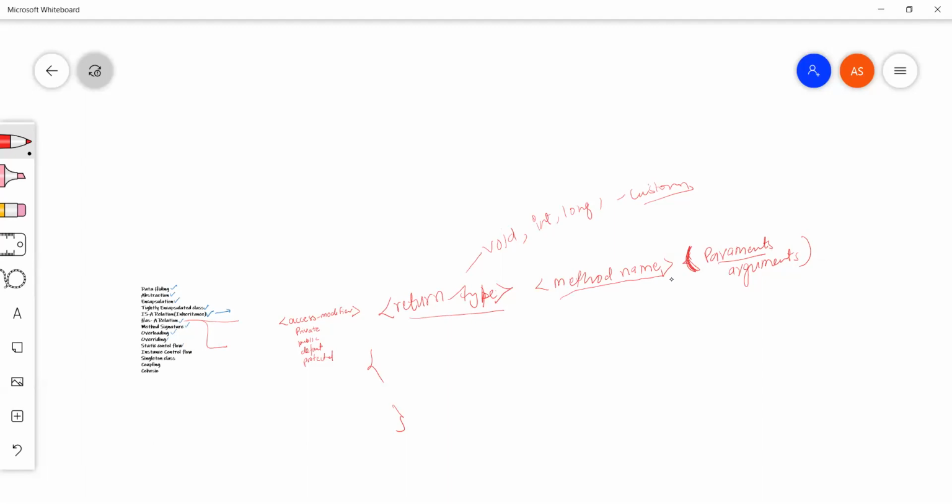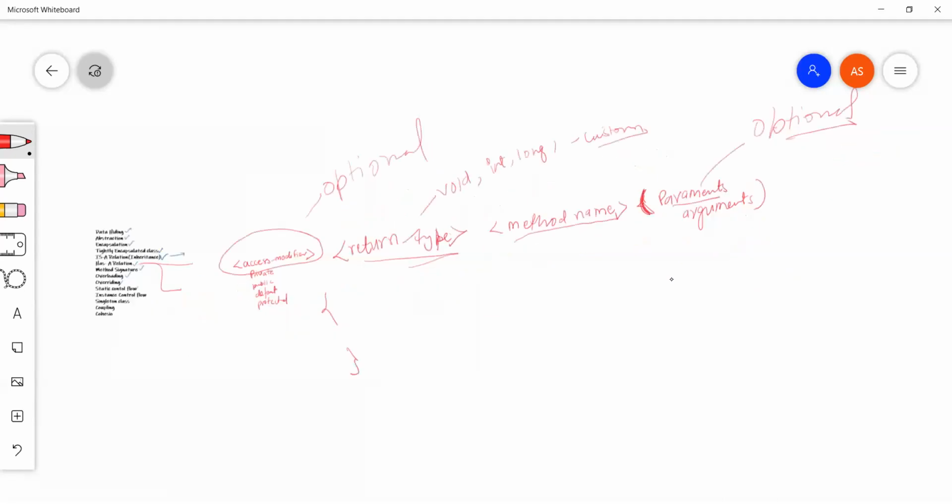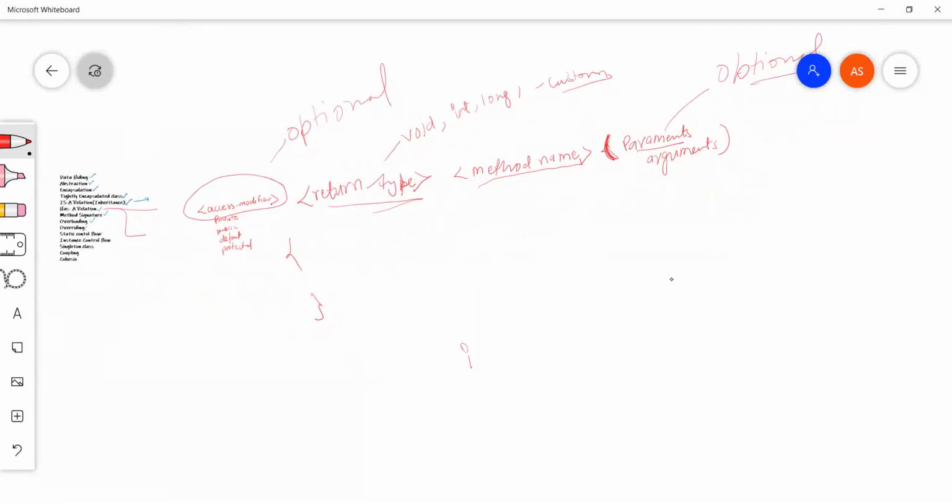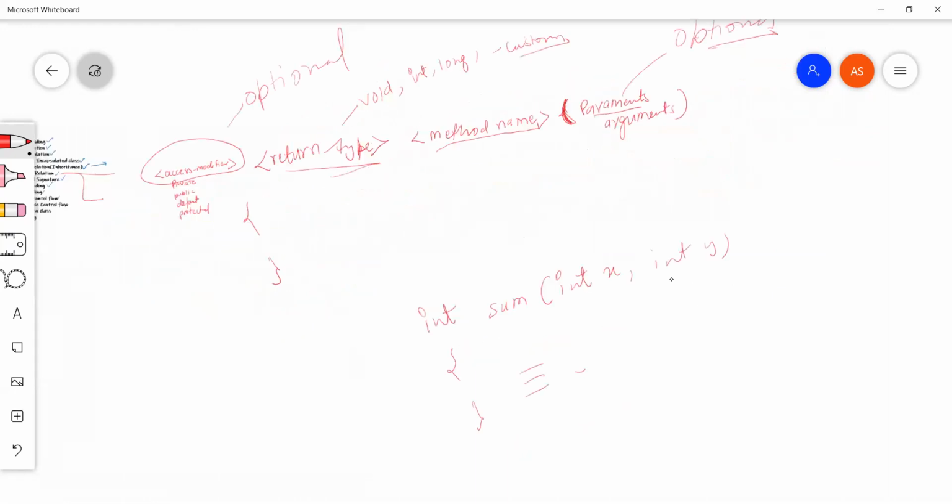So from this, the modifier is optional, and parameters are optional. But return type, method name, and the body should be there. For example, I want to write a method. I'm taking int sum, int x, int y. You can define your stuff here.